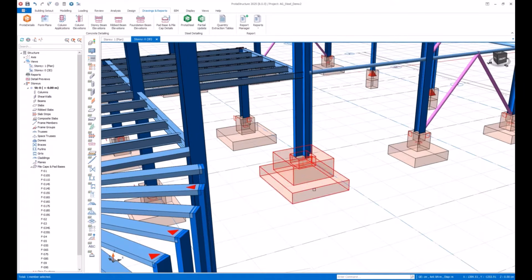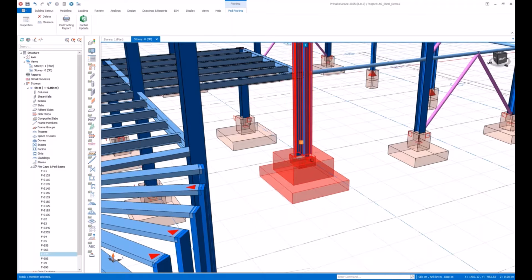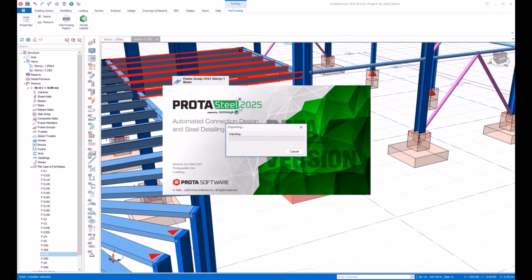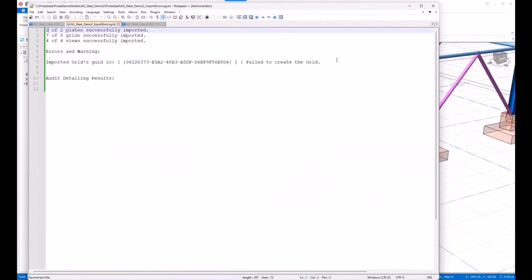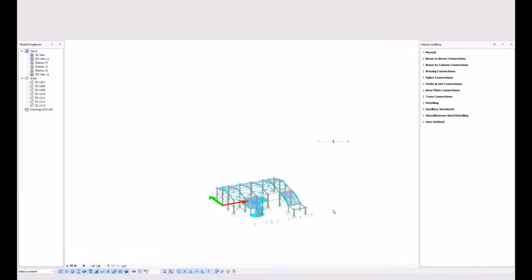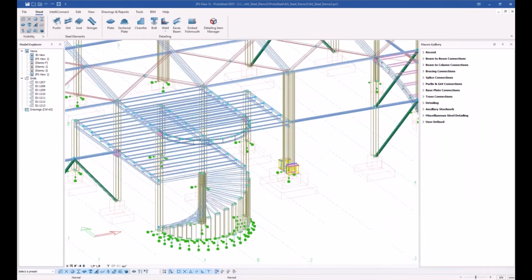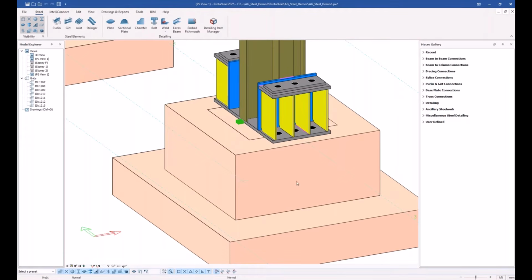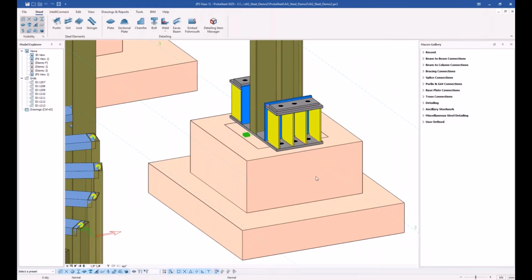But with the new partial update feature, you can just select a component or more than one component, actually multiple components, and partially update the ProtoSteel model that we have already created there, so that the connections stay as they are, and only the new or modified component changes, like here. As you see now, our pedestal fits right in.